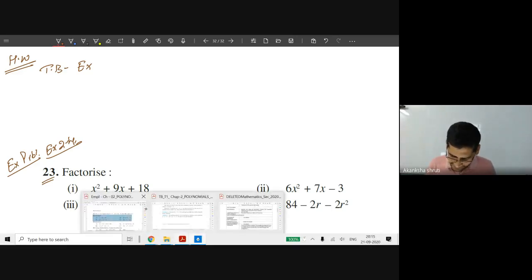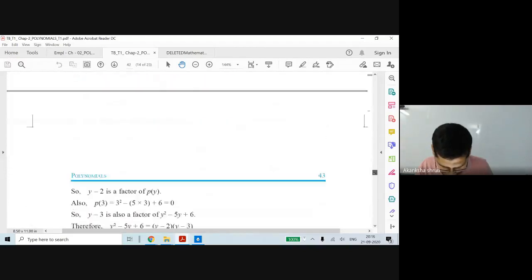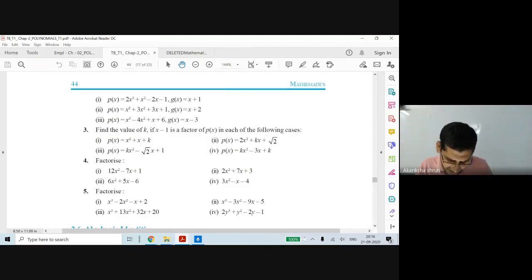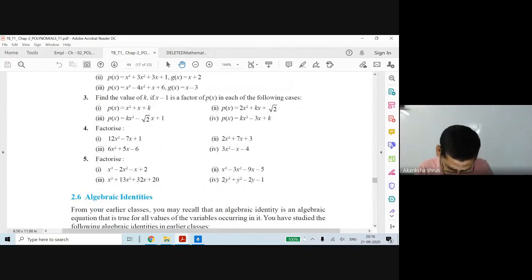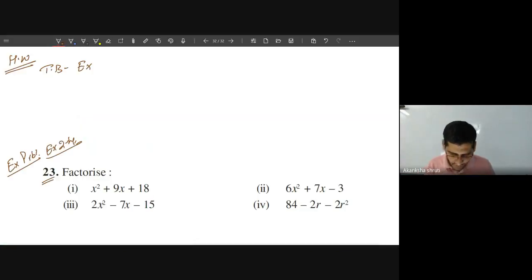It is one thing. For the others, from our textbook, let us see quickly whether we can do any of the questions. Determine which of the following are factors. Again, here the identity based question is there. See question number 4. You have to do this. Please do at least this much only, because tomorrow we will discuss more.